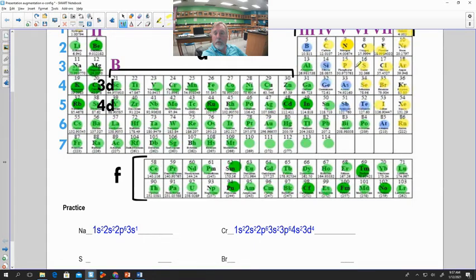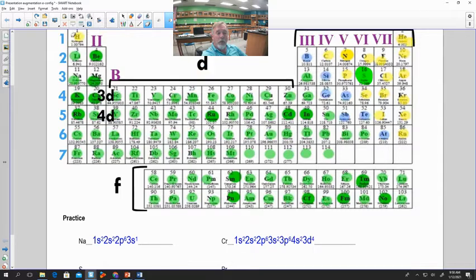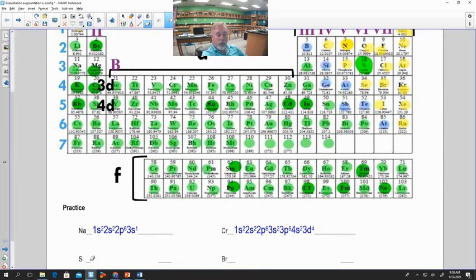Let's put a different color so you can see what I'm doing. Sulfur is element 16, so let's go ahead and do it. We have group 1, period 1. We have our 1s1 and 1s2, so let's go down here and give us our 1s2. We're going to go to period 2: 2s1, 2s2. We have all 6 of our 2p's, so we're going to have our 2s2 and our 2p6.